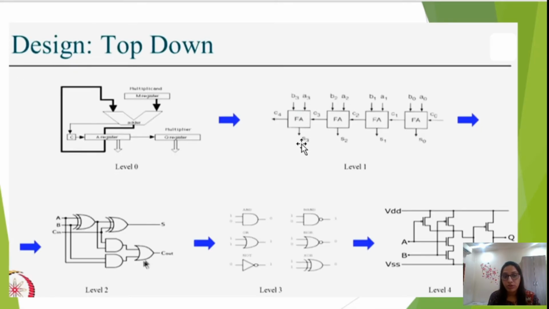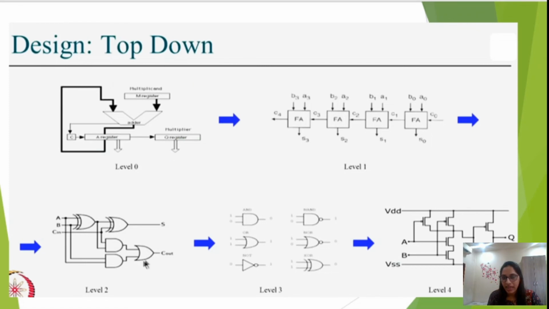In a similar way, when we want to design something, for example the same multiplier, we will not think of transistors first, or which transistors we are going to use. We will think of the different building blocks needed to design the multiplier. To design a multiplier, we need an adder, registers, and control signals.